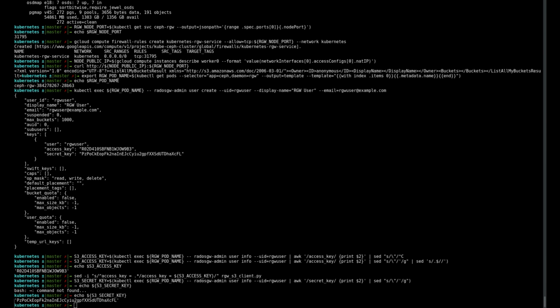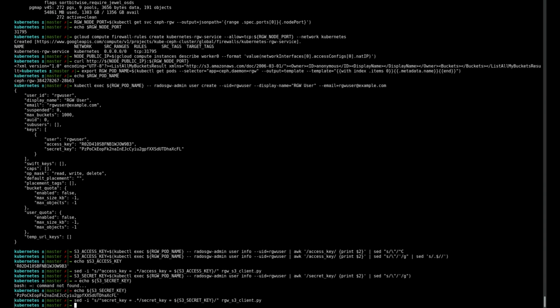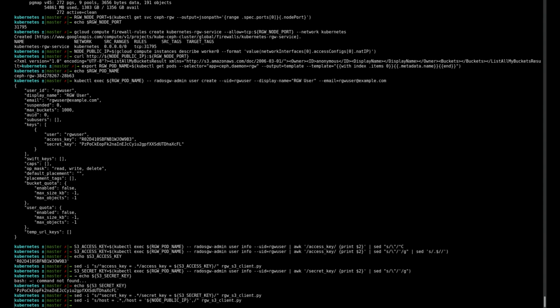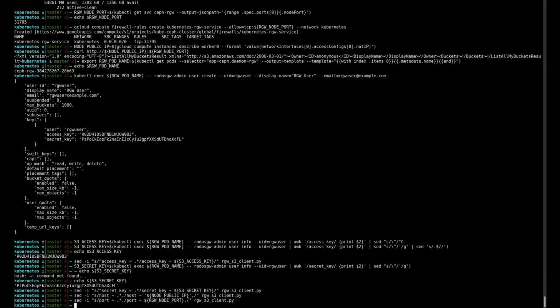And then let's go ahead and replace that as well. Now using the node public IP that we saved off previously for worker 0, we'll go ahead and overwrite the IP address in the script. So we'll talk to that host and on the port specified by the Rados gateway node port that we were given. So now that we're ready, we can launch the S3 client